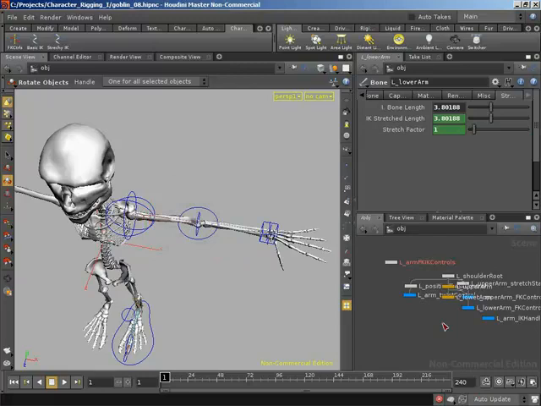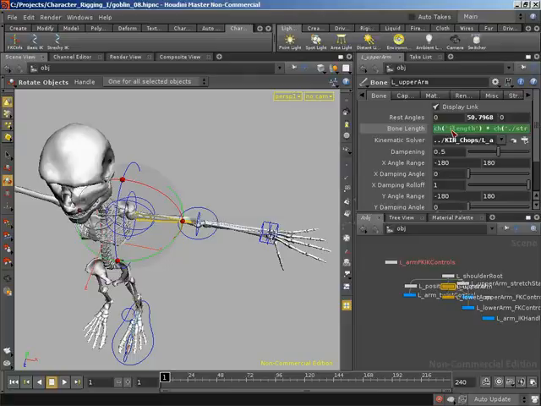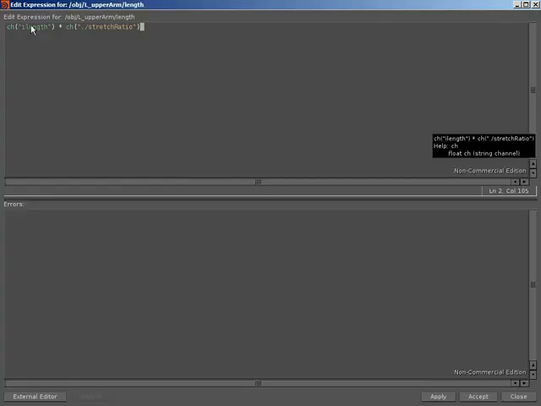So we need to go ahead and also take that into account when setting up our bone length. So I'm going to jump over to our upper arm and bring up the expression for our bone length. In this case, I'm going to delete out the reference to stretch ratio, but leave the reference to our current eye length. So we're going to multiply our initial length, and now we need to blend between a value of 1 when lock is set to 0 and whatever our stretch factor we just calculated is when lock is